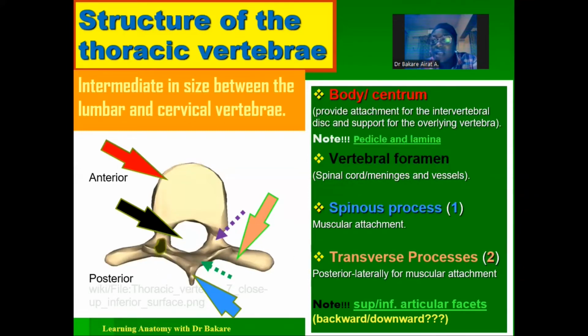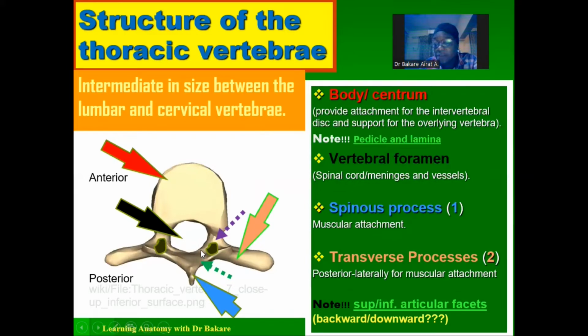Also to add that we have the superior articular facet. This is the superior articular facet in this region, and we have another one on the other side. What the superior articular facet does is to create a platform onto which the superior vertebra will articulate, because we already said that there are small pieces of bones. Even though we have the intervertebral disc that is helping to structurally connect these bones together, we also have the creation of articular facet, and this is seen around the junction where the transverse process emerges between the pedicle and also the lamina. So this is the superior articular facet, and this facet is to allow the articulation of the